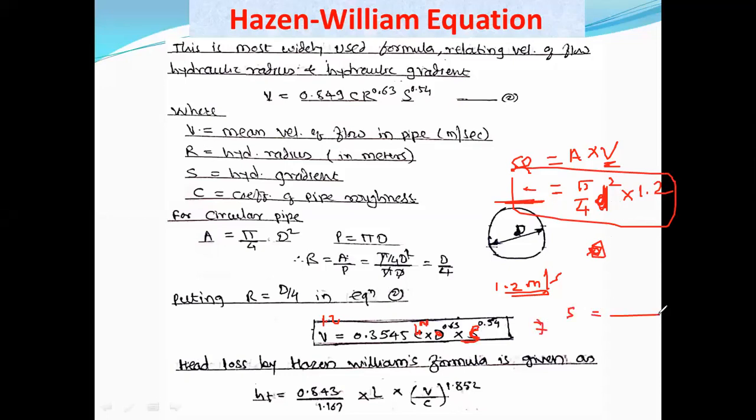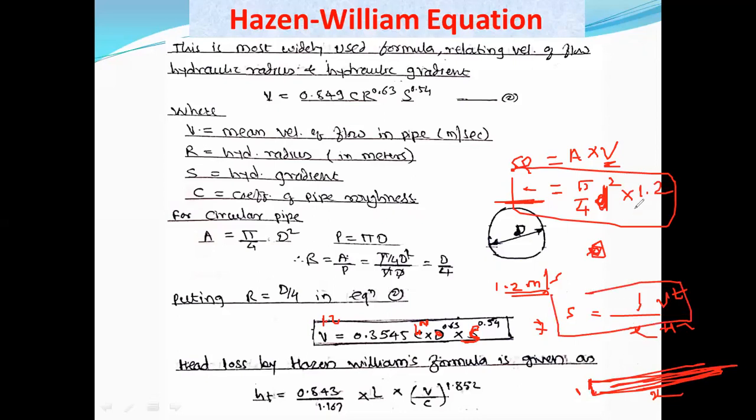S we have to find out at this place. This slope is generally given like this, 1 upon x or 1 upon some value. So what does it mean? 1 vertical to x horizontal. In the form of a diagram you can write like this. This is 1 vertical. If there is 1 meter of depth, how many meters of horizontal distance or length do we have to travel? So that is nothing but this slope. So we have to find out this slope in terms of this ratio, 1 to something.